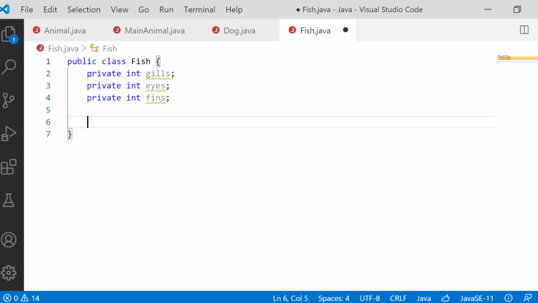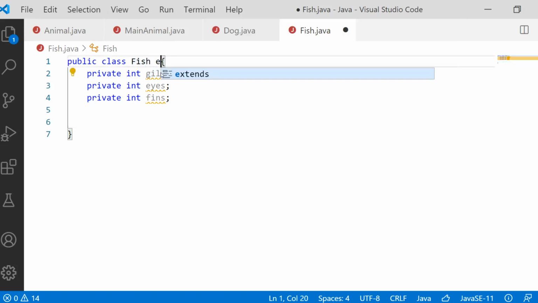For the class Fish, we need to inherit from the Animal class, because lots of common attributes and common methods from the Animal class have to be included in the Fish class. So let us inherit all the attributes and methods of the Animal class into Fish. So Fish extends